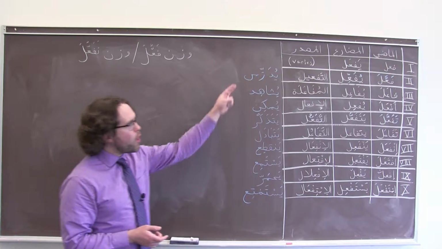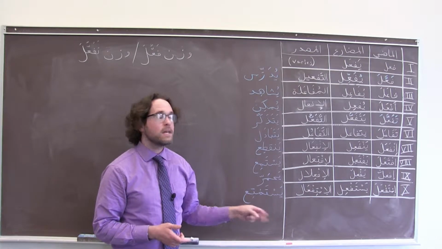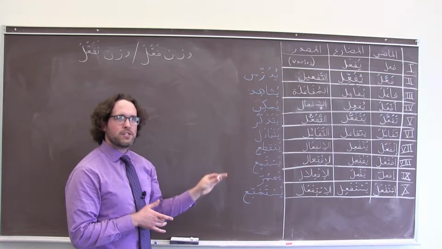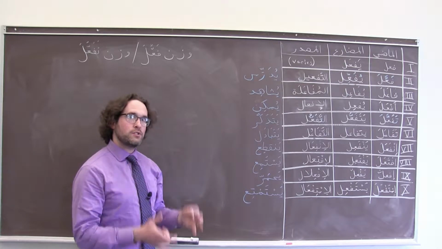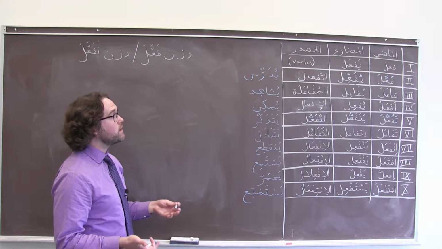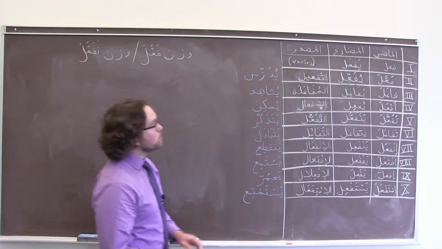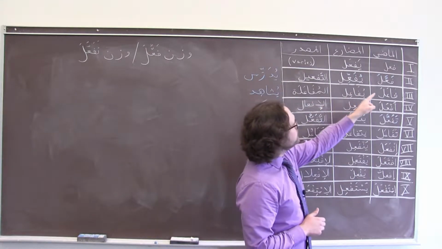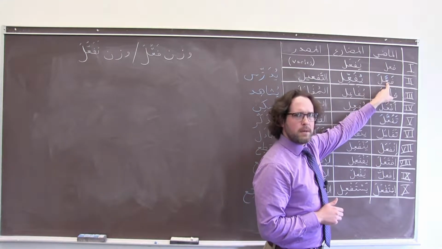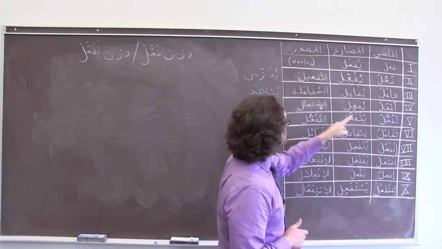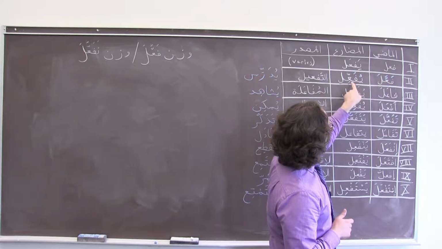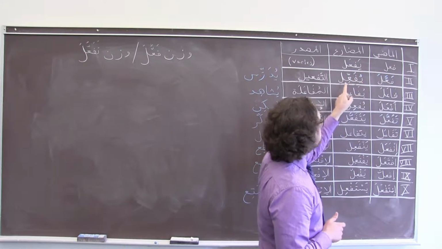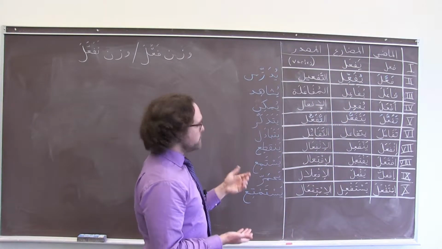Mechanically, the great thing about all of these derived verb patterns is that they're going to stay pretty much the same. If I know how to conjugate one, if I know how the vowels work with one, I know how they all work. So, for form 2, in the present tense, I would need to add that shadda on the middle letter of the judr, the root, and possibly change the vowels in the present tense. So instead of yaf'al in form 1, I have yufa'il for form 2. We already know this verb,